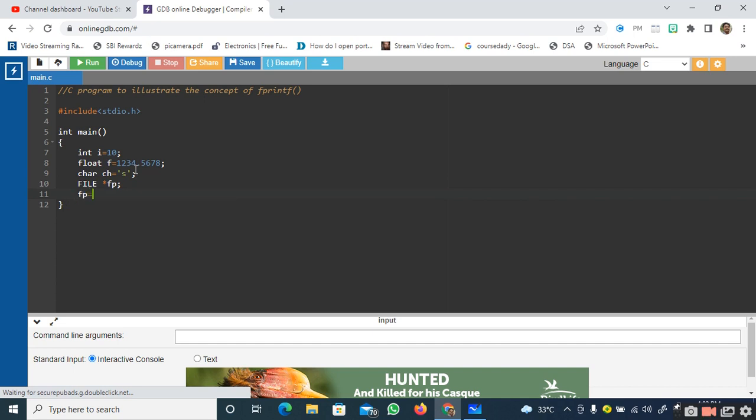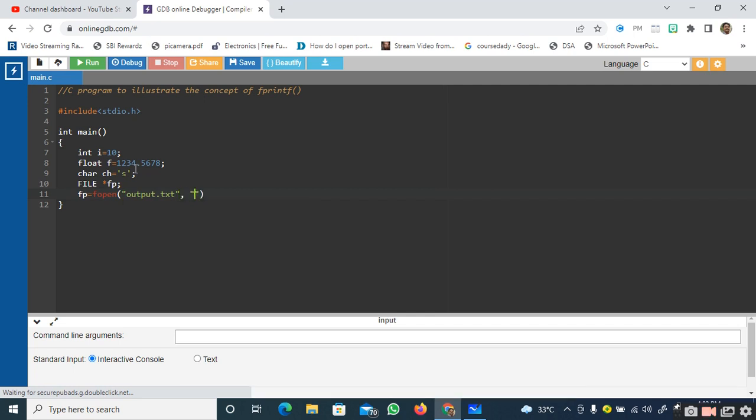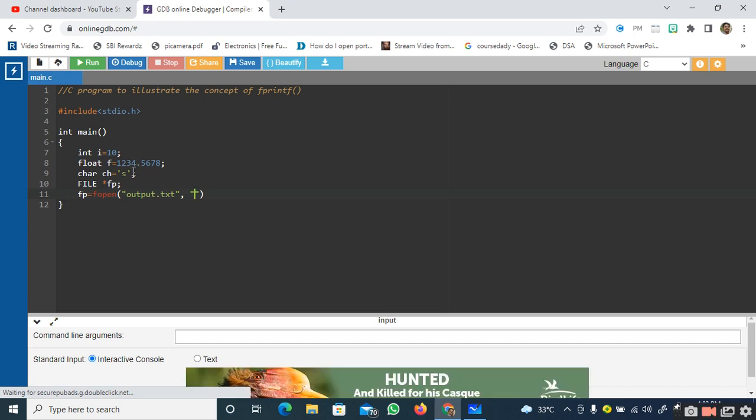After creating the stream, the second step is you need to open the file. Let me take the file name as output.txt. The file name can be anything, it is the programmer's choice, nothing to worry. And the second parameter of fopen, we know that it is the mode.